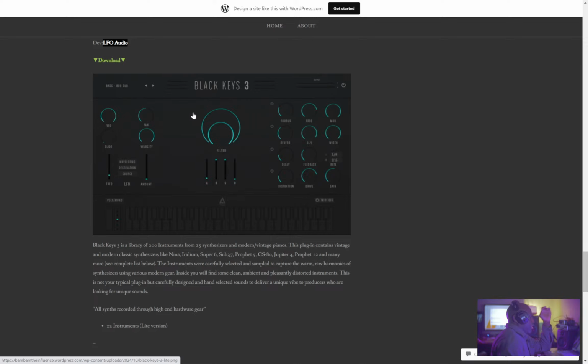So each preset or a couple of presets might be from a famous legendary legacy style keyboard like a Prophet 5 or the Juno 4 or the CS80. They have the Nina, the Iridium, the Super 6. These are all different synths that they sampled, created presets, and then